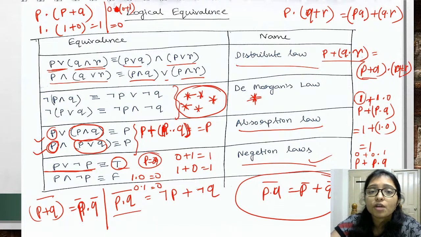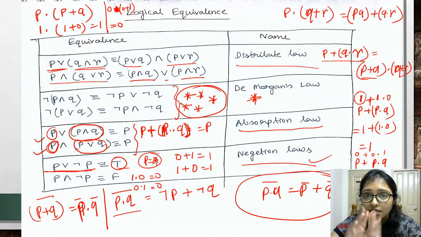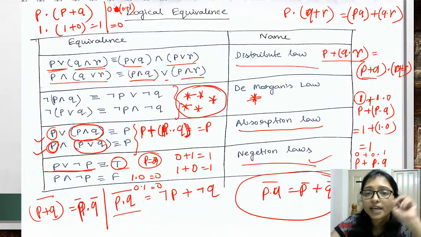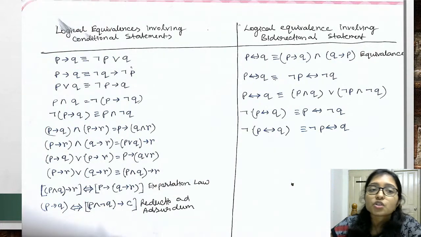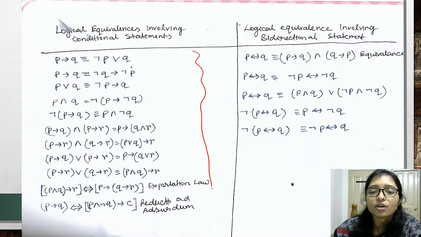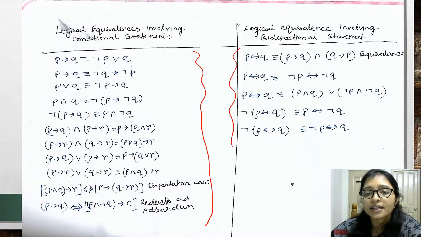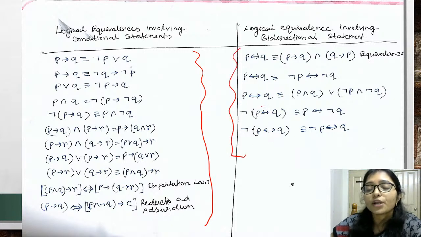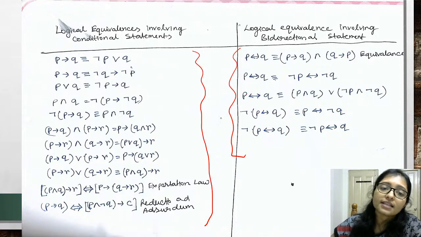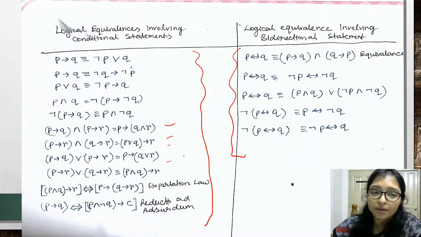That is not only for propositional logic, but also digital logic. Both classes are going on today, for digital logic and also propositional logic. These laws are very important. No doubt, right? Okay. So this is the chart for your last minute revision. I have taken it from my notebook, so you can write it down for your last minute revision. This chart will be helpful for you all.